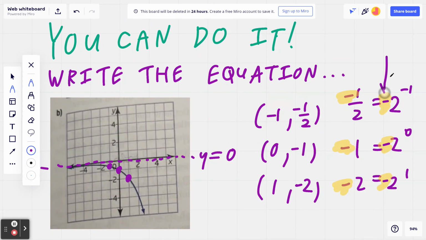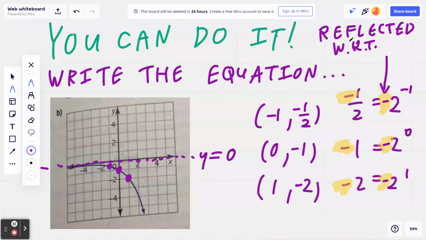Now, this also tells me the idea of a reflection. Of course, there are two cases. Sometimes it will be reflected with respect to the x-axis. Sometimes it will be reflected with respect to the y-axis. Notice these negative signs came from, again, let me highlight this in the original points, the y components. So this is reflected with respect to the x-axis,